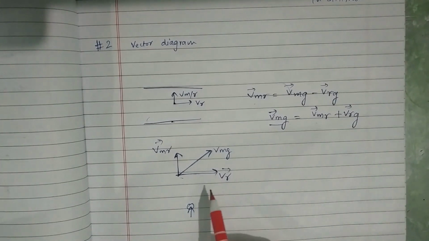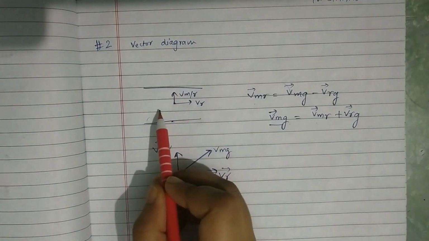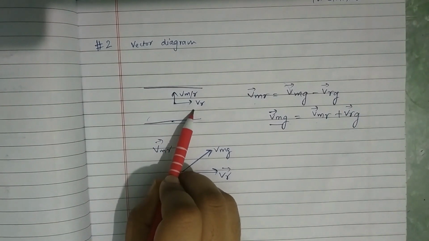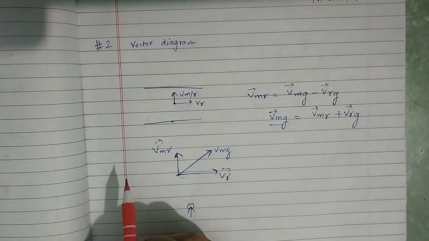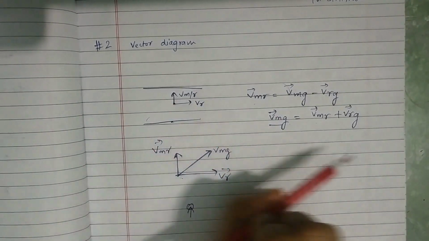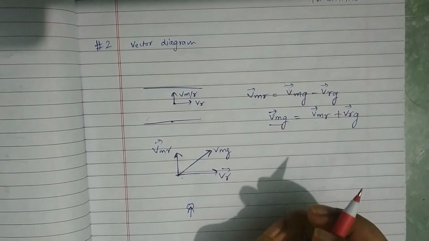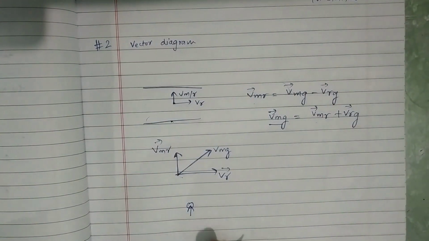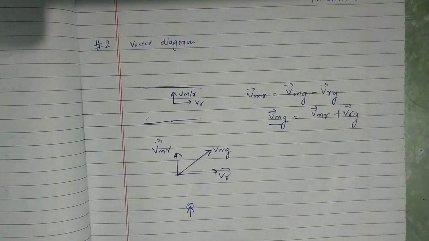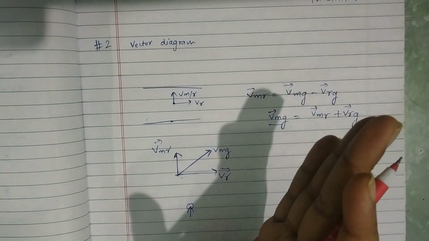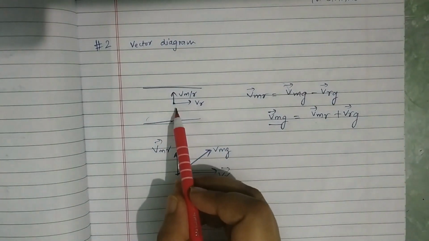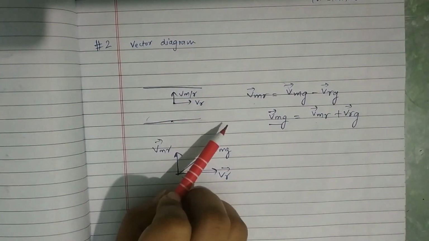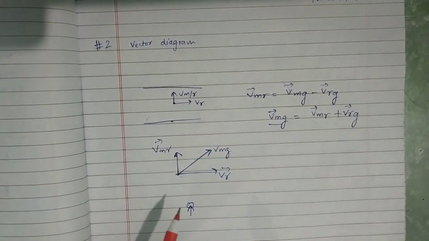Now think about it. You are trying to go from here to here, but the river is trying to push you to the right. As a result, you will be drifted rightwards instead of forward. Imagine if you are not putting any efforts, you will be drifted rightwards only, and there will be no forward motion. But since you are putting efforts, you will move forward and rightward. So this makes it very intuitive now that VMR is the effort that you are putting, but because of the river, you will be drifted rightwards, and hence this will be what is visible to a man standing on the ground.